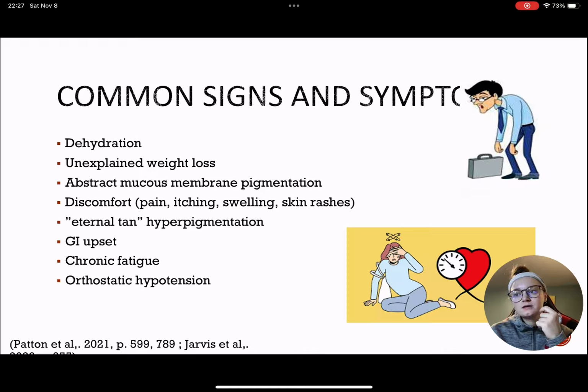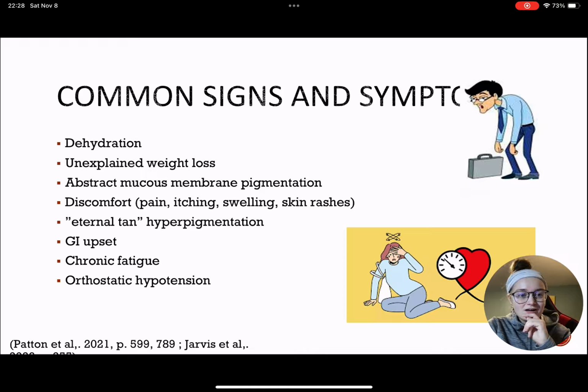we can do a little bit more thorough assessment if they're showing some other signs and symptoms. So other ones are like GI upset, so nausea, vomiting, diarrhea is also quite a big one. We have chronic fatigue, and this is also weakness in the body as well. And I don't have it mentioned here, but when I say chronic fatigue, I'm also thinking of muscle joint and muscle weakness, and also chronic pain that comes with that as well.